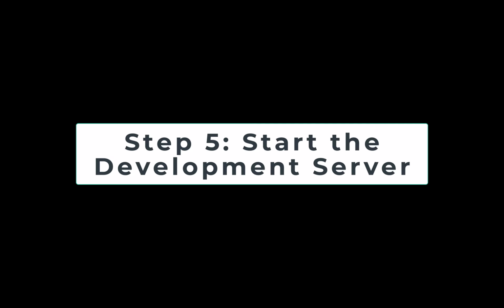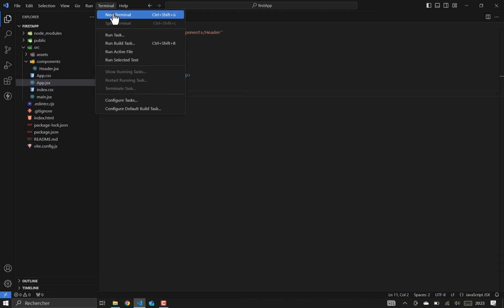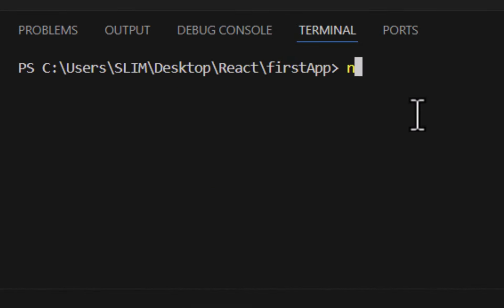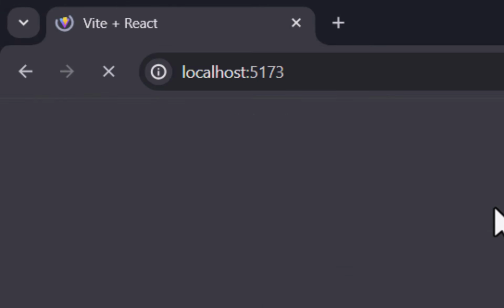Step 5. Start the development server. To see your new component in action, open your terminal and run npm run dev or yarn dev. Once the server is running, open your browser and go to http localhost